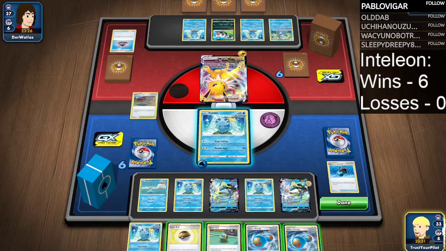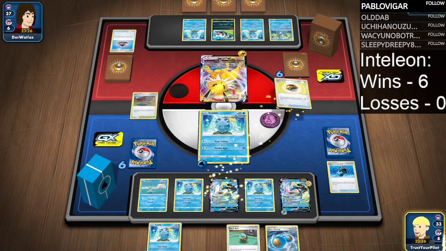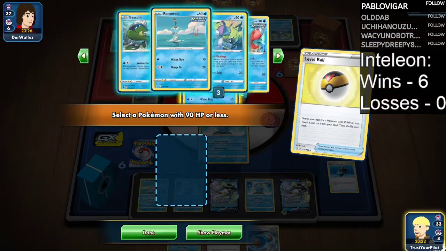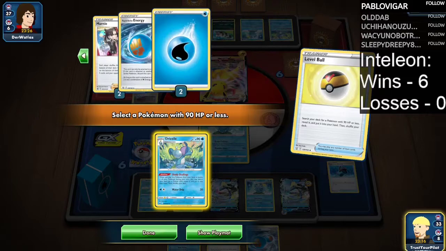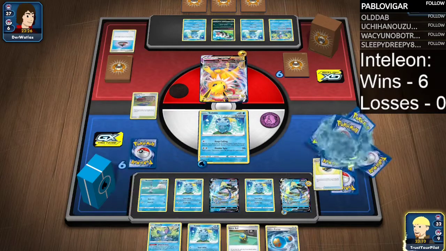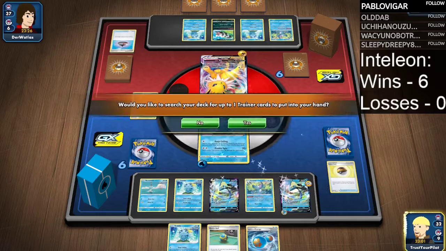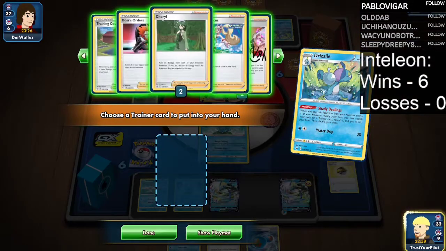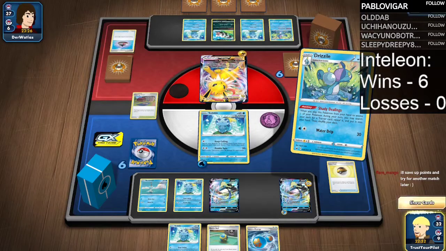Okay, this is fine. We're all good. So I think I attacked with the damaged one because that has obviously a damage counter on it. Duh. So Level Ball for a Drizzile. Okay. Oh, this is where the tough decisions come in. So I think I just go for a research, because it gives me the best chance of getting what I need. Because if I don't go for a research and I just go for like an Evolution Incense, that's a bad idea. If I go for an Octillery, that's...